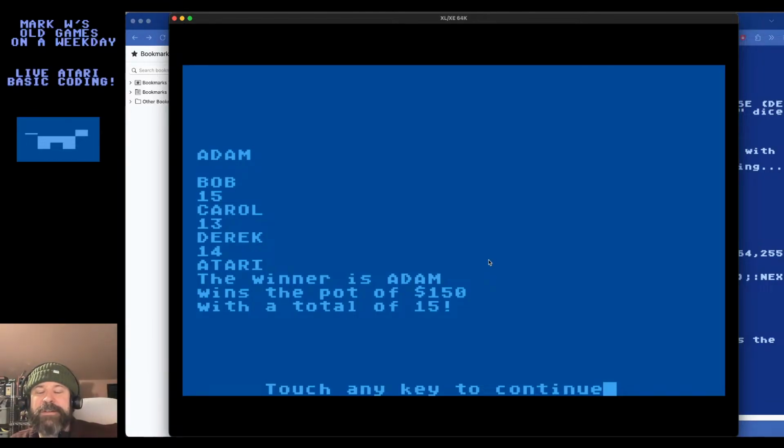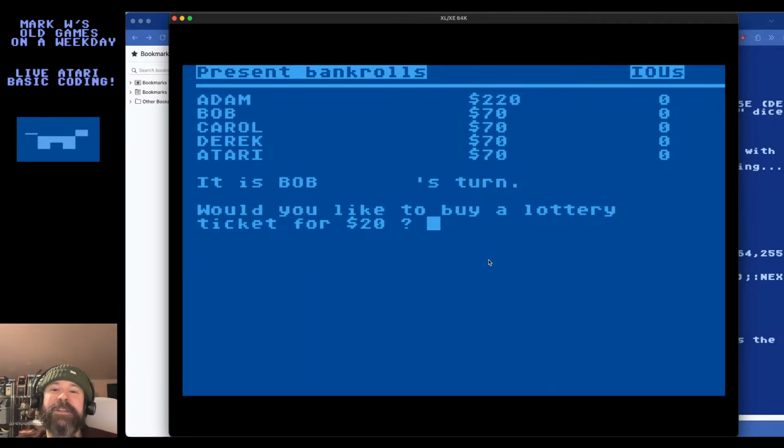And they gave him the right amount, because each player bought $30 worth of dice. So he won the pot of 150. Now, I would feel a little more confident knowing the logic worked if a non-player 1 happened to win, because that was kind of the bug, right? Player 1 was always winning. But you can look, it did properly assign the money. Adam spent 30, so he was at 70, as everyone else was here. And now he has 220 for winning the pot. That's pretty nice to see.